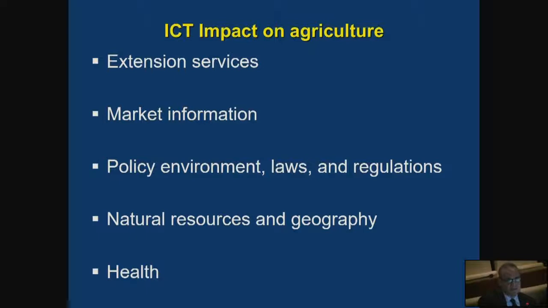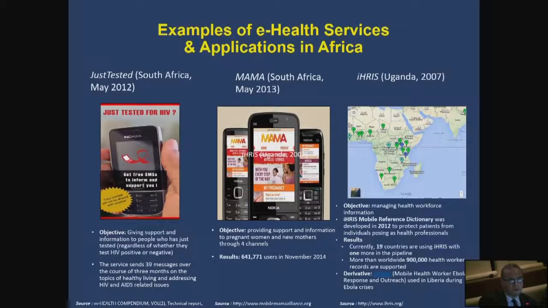And in most of the cases, when you do the qualitative assessment, it's because of the quality of the use of the information. There are really good ideas in terms of applications on e-health services in Africa. This is just a few of them. There are many others. For example, Just Tested, which was focused on HIV. Here is a technology we were trying to figure out. If you want to reach people that are infected with HIV, you have to be neutral to the information. So the technology should be, for example, match/mismatch.